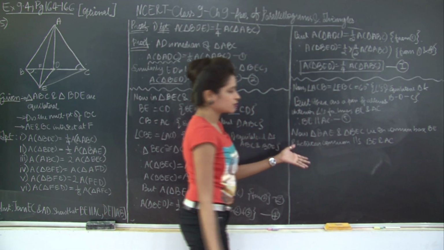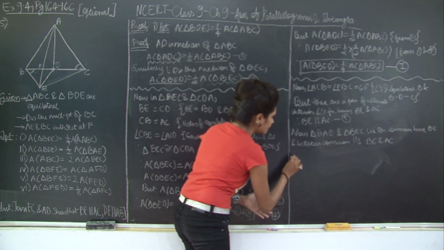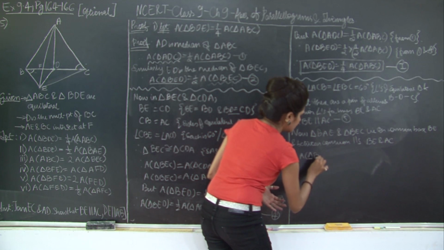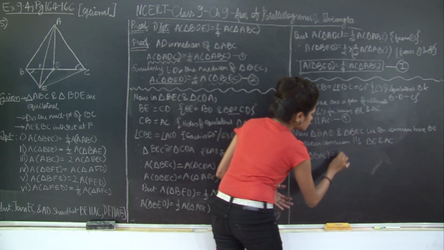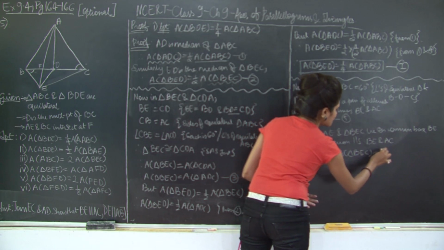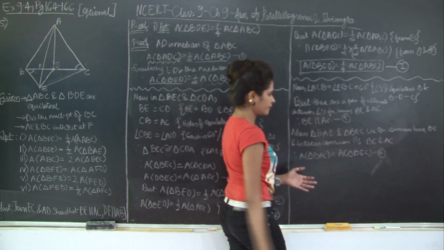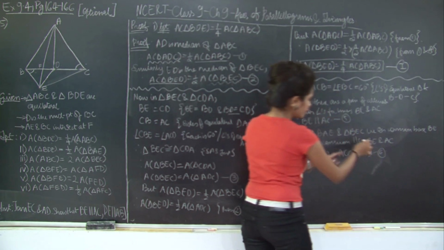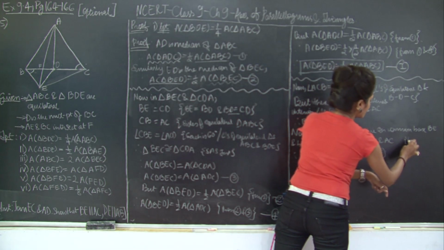Therefore, I can say that the two triangles have equal areas. Therefore, area of triangle BAE is equal to area of triangle BEC. Let's mark this as 6. This is BAE, and for the parallels I'll say from 5,